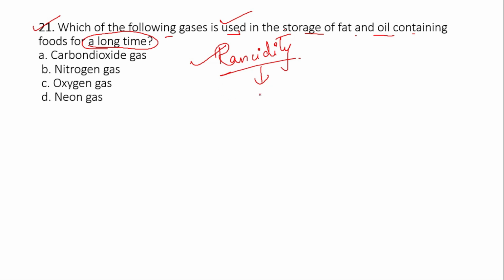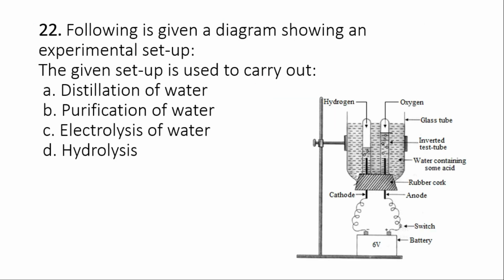So here in the industrial system, basically packaging of food, right? Where the packaged food is made, it is basically using the nitrogen gas. So this we have already seen. So the correct answer for the question will be your nitrogen gas. I hope you might have already answered the same, right? So moving to the next question.